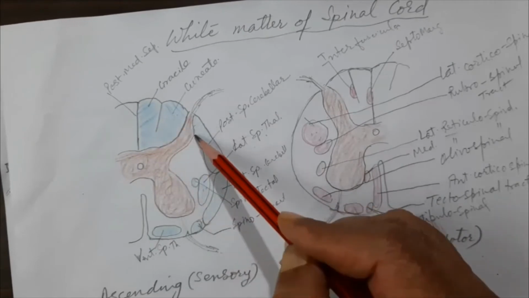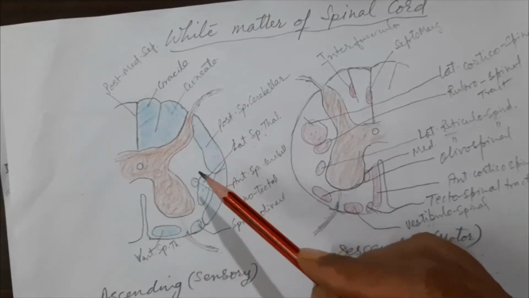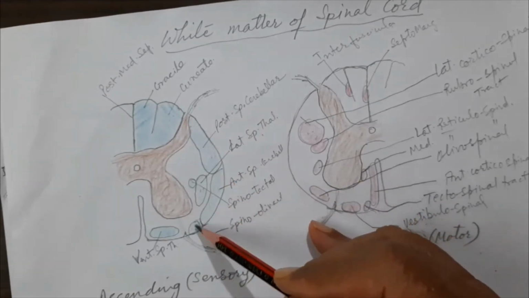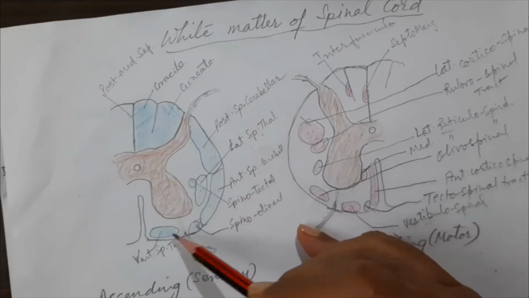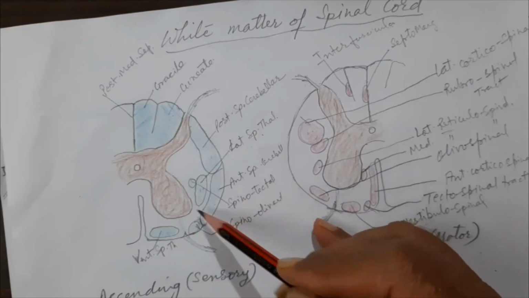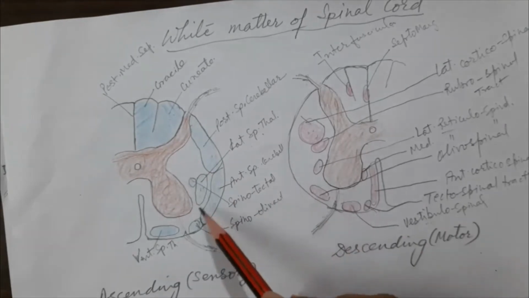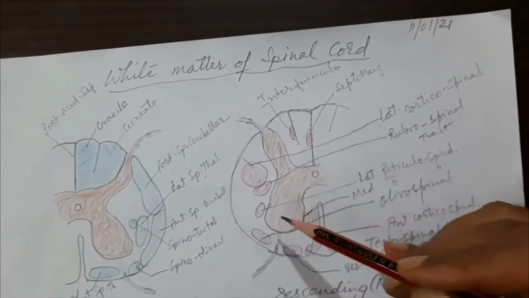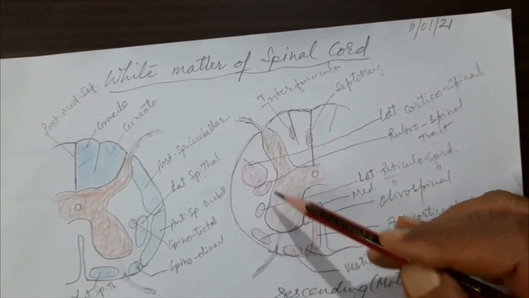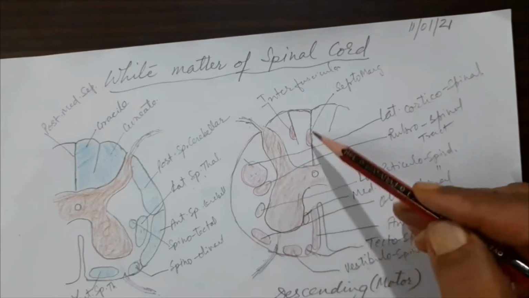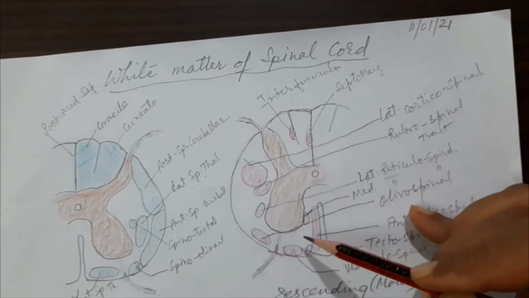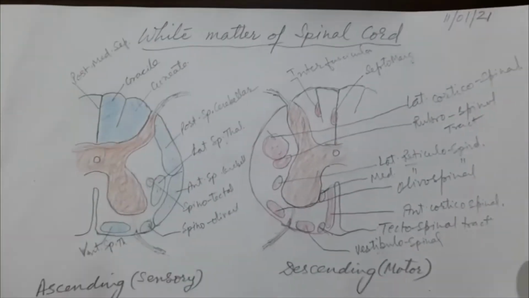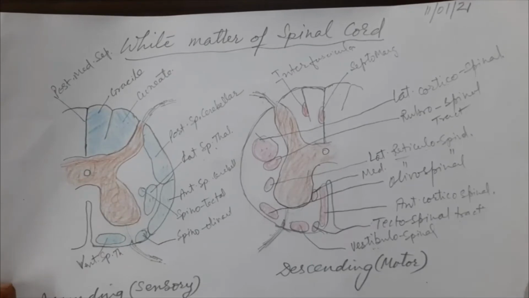In this blue color on the white funiculi we are showing these various tracts. The blue color is used for the sensory tracts, which go upwards from various levels of the spinal cord to the brain. In this section I also taught you about the motor tracts, which go downwards from the brain to the various levels of the spinal cord. So these are the various motor and sensory fibers present on either half of the spinal cord.